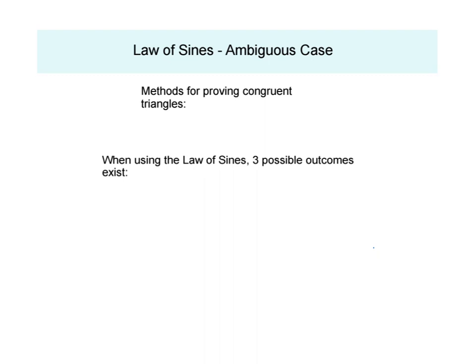Today we are going to talk about solving triangles using law of sines, but in a case where we might have 0, 1, or 2 solutions. In geometry, we learned that there were ways to know that triangles were congruent. These methods were side-side-side, side-angle-side, angle-angle-side, angle-side-angle,